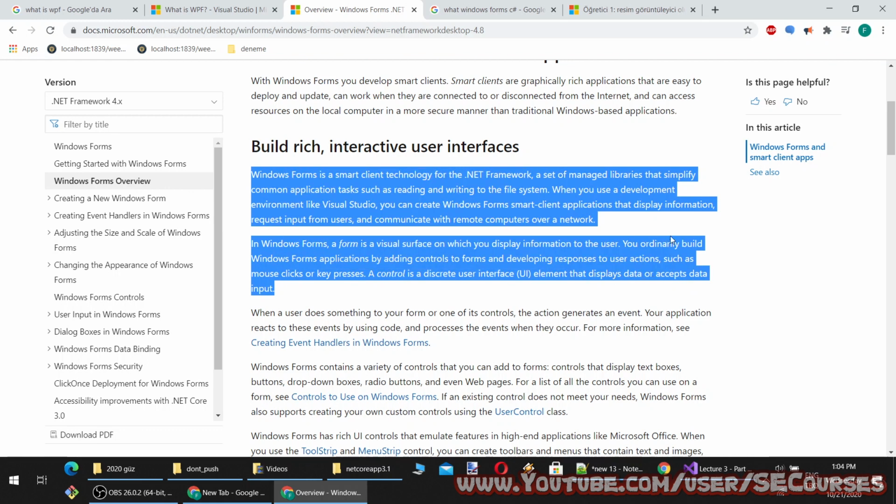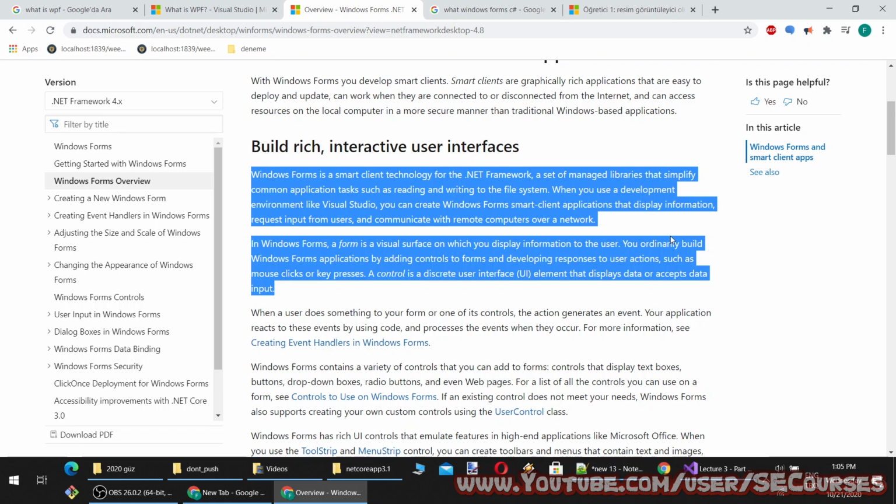Windows Forms is a smart client technology for the .NET Framework, a set of managed libraries that simplify common application tasks such as reading and writing to the file system. When you use a development environment like Visual Studio, you can create Windows Forms smart client applications that display information, request input from users, and communicate with remote computers over a network.